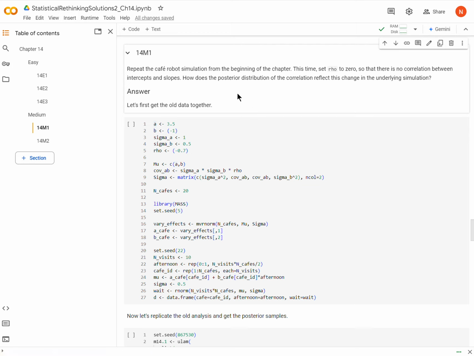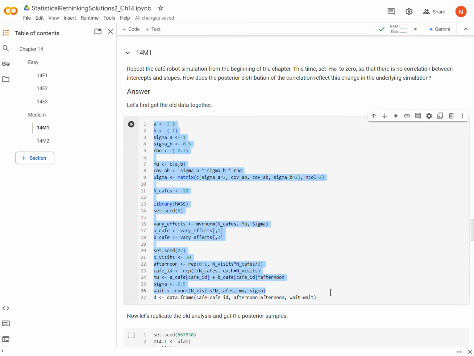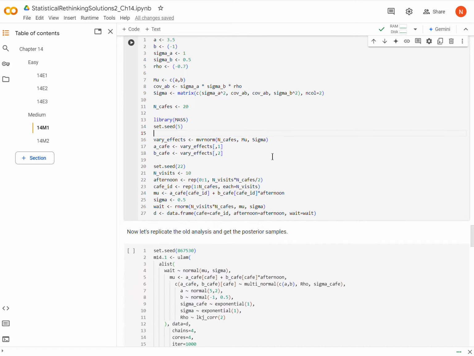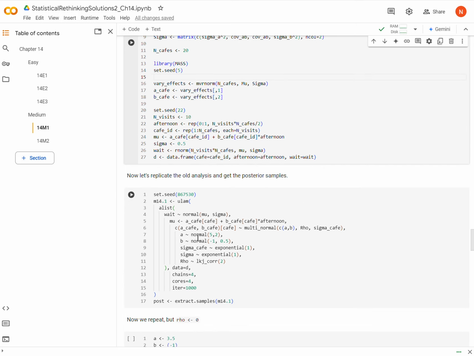And in that problem, we generated some data. Well, actually, the book generated some data at the very beginning of the chapter, and we copied and pasted it, where a robot is going around, checking to see how long it takes different cafes to get a cup of coffee. And then part of what we did in the previous question, as well as what happened in the chapter, was we modeled that